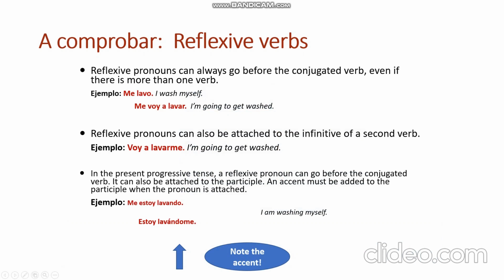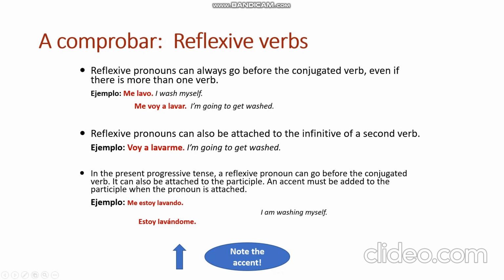The placement of the reflexive pronouns is this. They can always be placed before a conjugated verb, even if there's more than one verb in the sentence. So here we have one verb, and it's going to be placed in front of that. There's no other choice. Here we have two verbs, and note this construction is what you'll nearly always see when there are two verbs right next to each other. Conjugated verb plus infinitive. There's a preposition in the middle in this case: ir plus a plus infinitive. That doesn't really matter. So it's going to be conjugated plus infinitive. And here we can see the reflexive pronoun in front of the conjugated verb. We can also attach it to the verb in the infinitive. Both are equally correct, and you hear both with equal frequency.